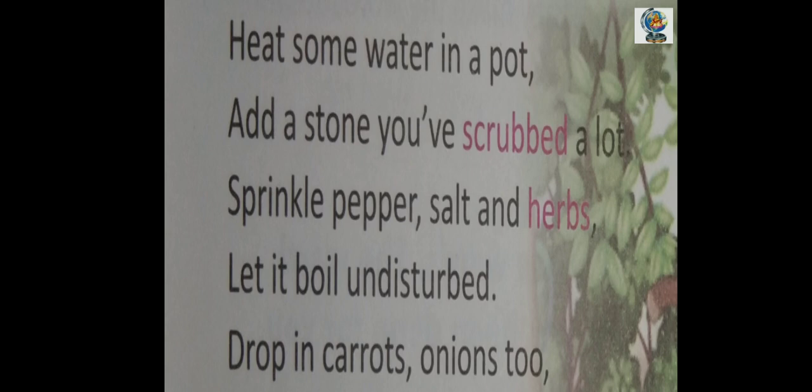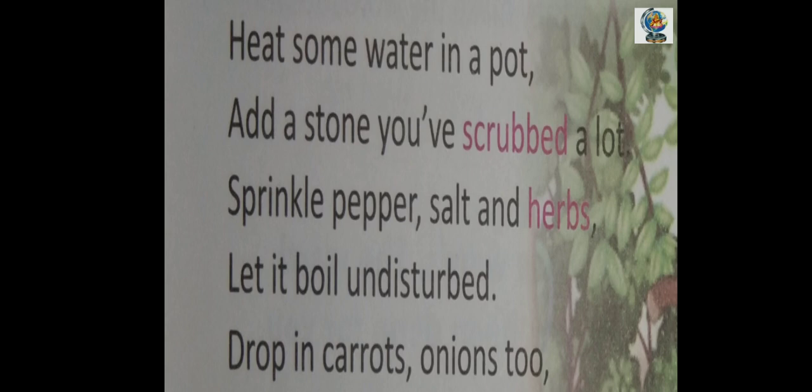Let it boil undisturbed means let it boil, and we have to not disturb it. Drop in carrots, onions too means now add carrots and onion also in the pot.